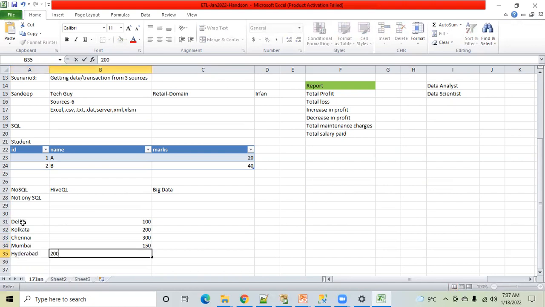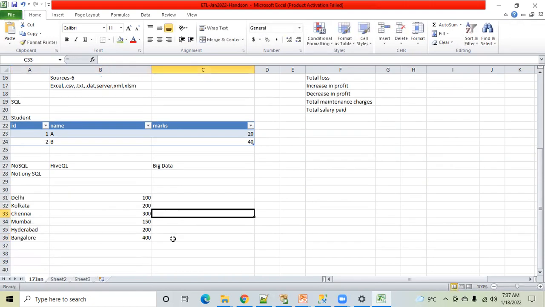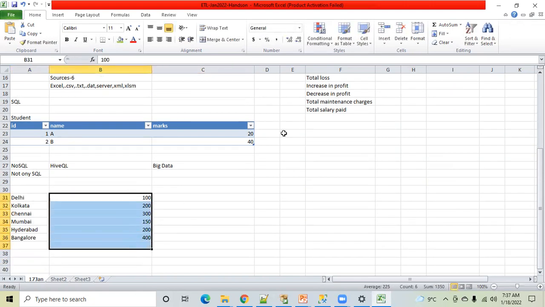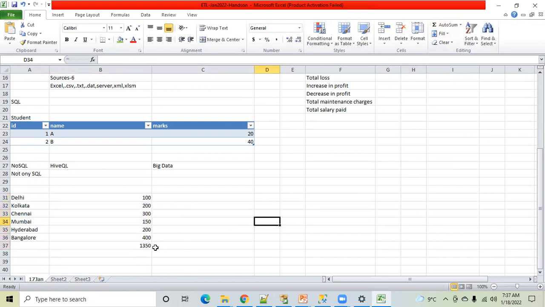Hyderabad, it was 200. And from Bangalore, it was 400. Okay. So what is the total profit here? 1350.